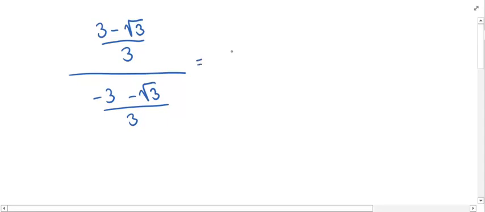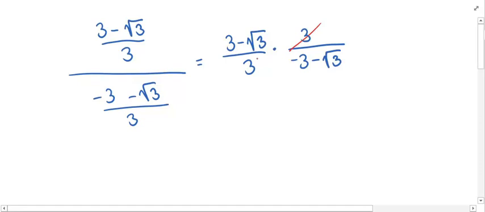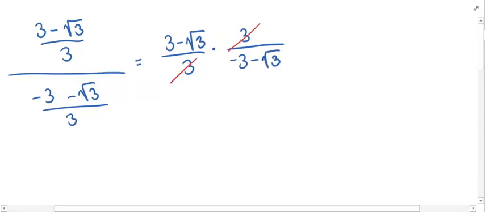Okay, now we can divide the fractions. So we'll leave the top fraction alone, change the division to multiplication, flip the bottom fraction. This 3 cancels with this 3. And so we are left with 3 minus the square root of 3 over negative 3 minus the square